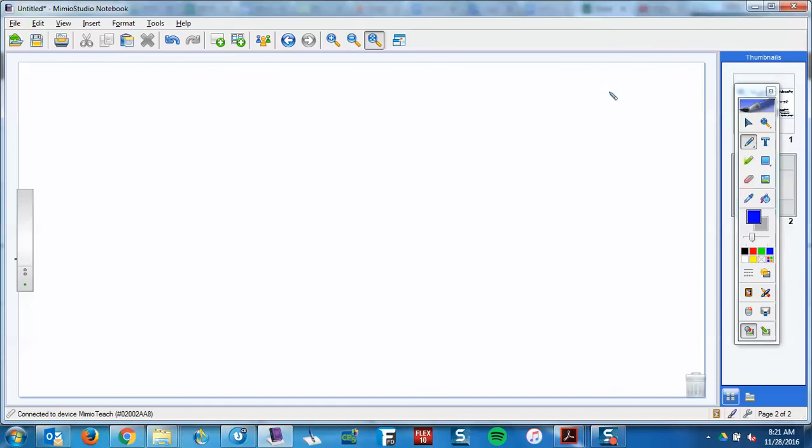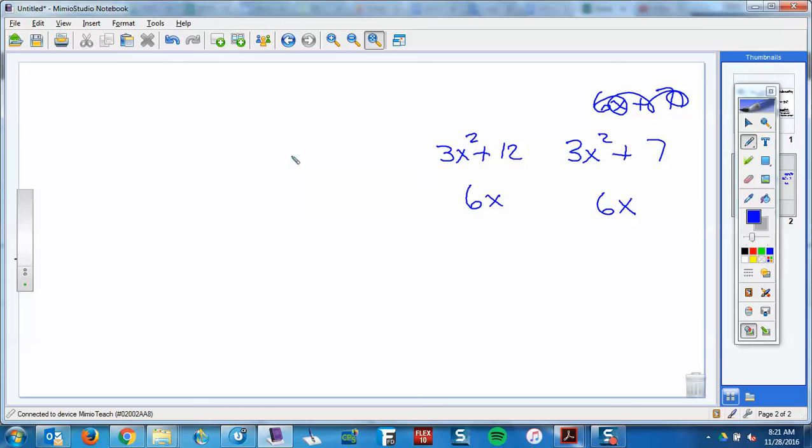What do you do when you take the derivative of, say, 6x plus 7? What's the derivative of that? Oh, wait. If you had 3x squared plus 7, what's the derivative of that? 6x plus 0. What's the derivative of 3x squared plus 12? What's 3x squared minus 8? What's the derivative? Okay, so when we're doing the antiderivative, so if we have 6x and we do the antiderivative,